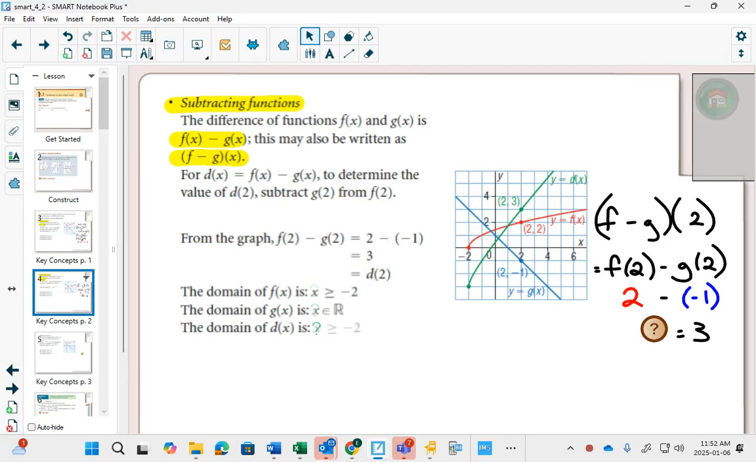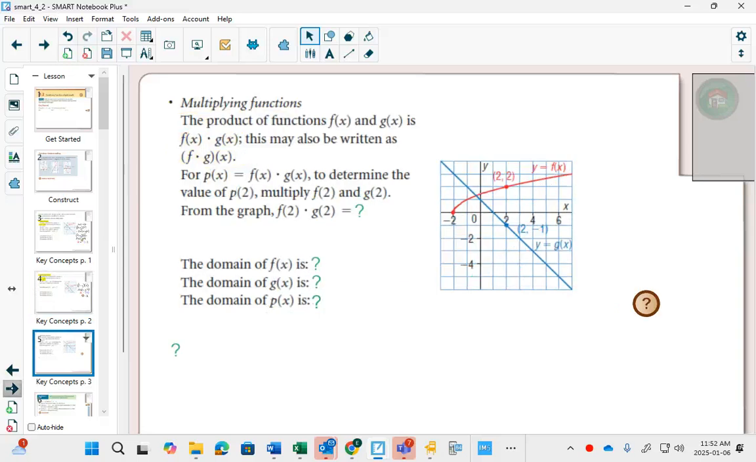Again, domain and range, same idea. Since the red graph doesn't exist when x is less than or equal to negative 2, the green graph doesn't exist when x is less than negative 2. And again, adding and subtracting strategies is just add or subtract the y values. When we get to multiplying, which we have right here,